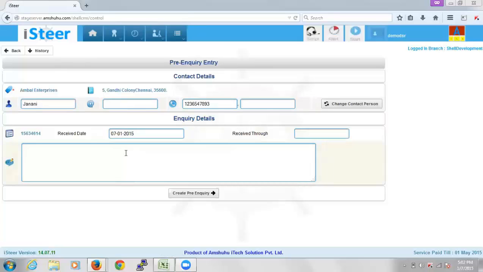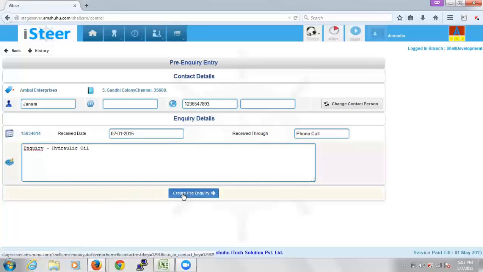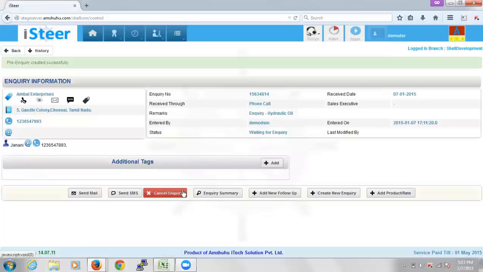This is just a free-form text wherein he can, in the remarks field, enter all the details that have come through the inquiry, be it a phone call or an email. This would create a record for the inquiry that has come into the system, and then the representative can add the product details to this inquiry later.